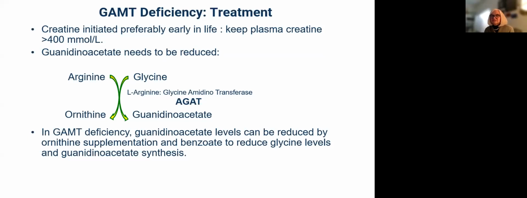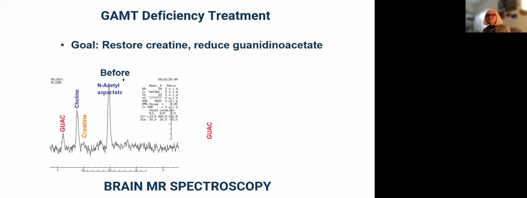So the reason for using ornithine and benzoate to reduce guanidinoacetate is because with ornithine we are shifting the equilibrium of this reaction backward, and also benzoate conjugates with glycine to form hippuric acid, which is excreted in the urine, reducing therefore the synthesis of guanidinoacetate. Next, the treatment is